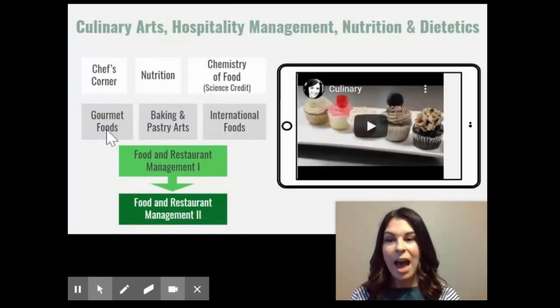In these classes, you will learn culinary basics, including safety and sanitation and knife skills. Next, you will learn culinary techniques in each food group. The nutrition class focuses specifically on learning healthy techniques for cooking and finding healthy and delicious alternatives to your favorite foods. After taking a beginning level class, you will be able to move on to intermediate and advanced classes